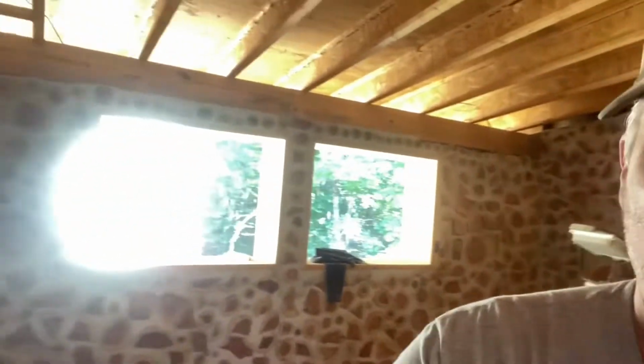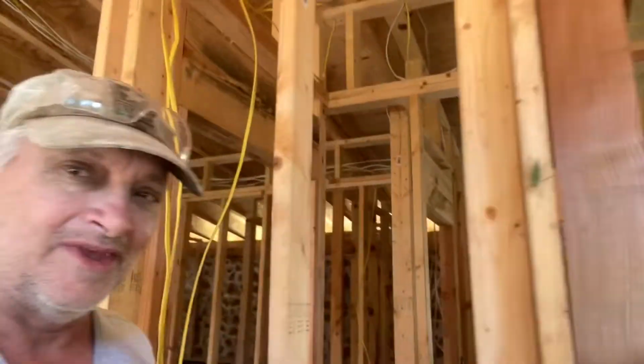It looks kind of neat back there. Go walking into the bedroom, and I got walls on that side. Our bed's going to be underneath those two windows, and I got these done. So it's just kind of exciting. It's like I got a room done. And then the next wall